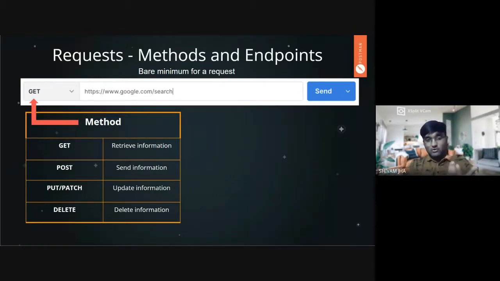So now you'll see that put and patch both are used for updating. What's the difference? The difference lies in the way that the put and the patch requests make it. For updating using a put request, you need to provide the whole message again. Suppose I write a message and I want to capitalize something. It's obviously not suitable to rewrite the whole message and then put it back. So that's how put works. For updating a message, you need to send the whole body back.